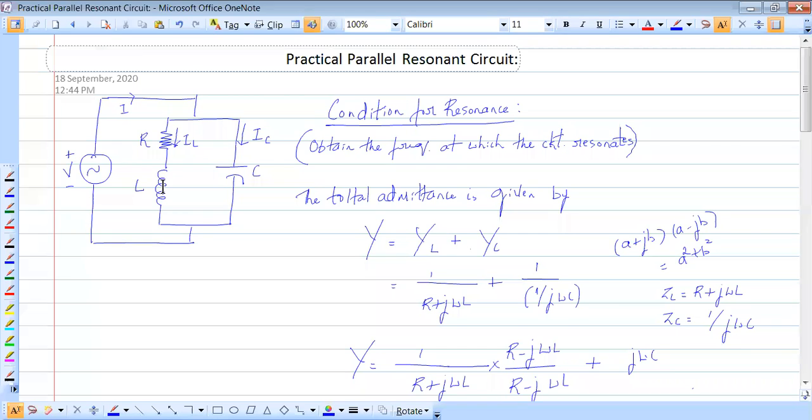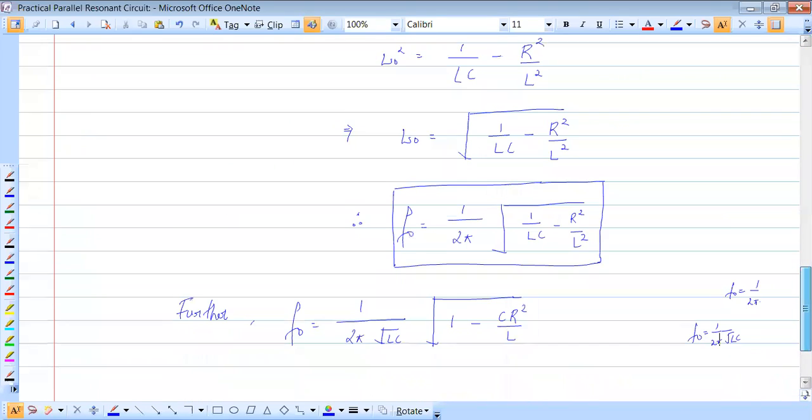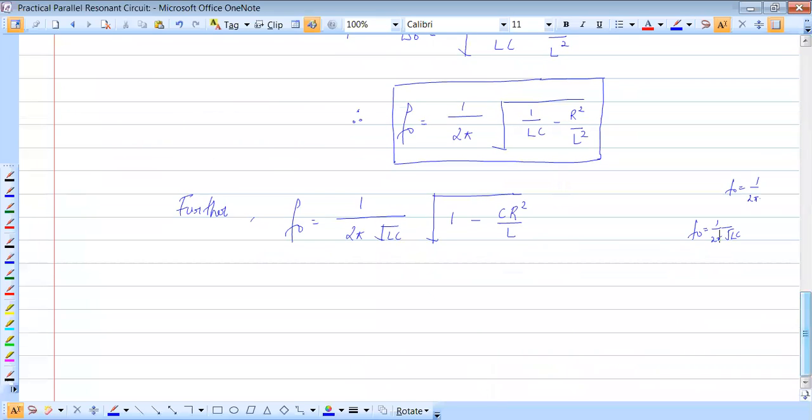Mind, what is the quality factor of a series RL circuit? Omega L by R. So omega L by R is going to be the quality factor for this practical parallel resonance circuit also. The reason is, since R and L are in series, we say the quality factor of the practical parallel resonance circuit is equal to that of the series RLC circuit. Understand that? Let's make that statement now.